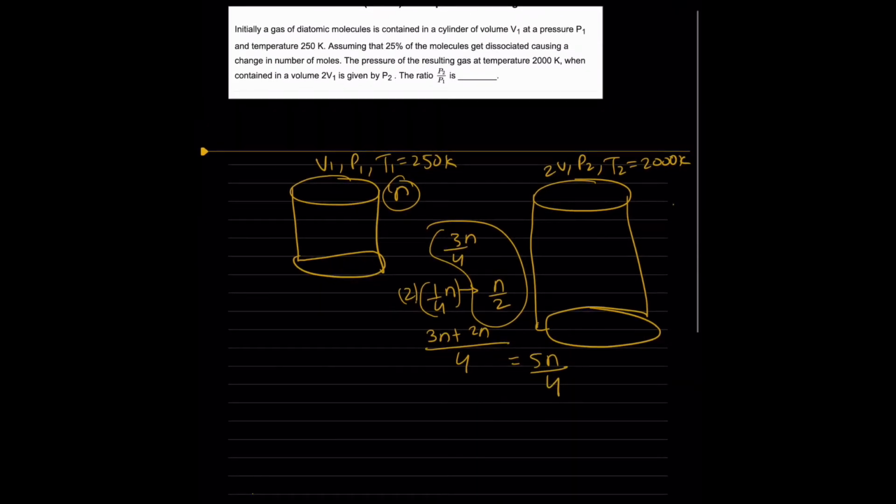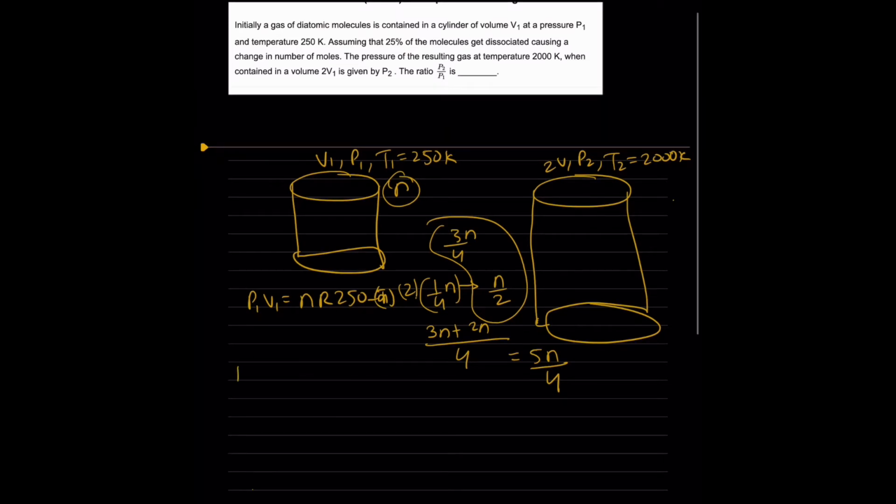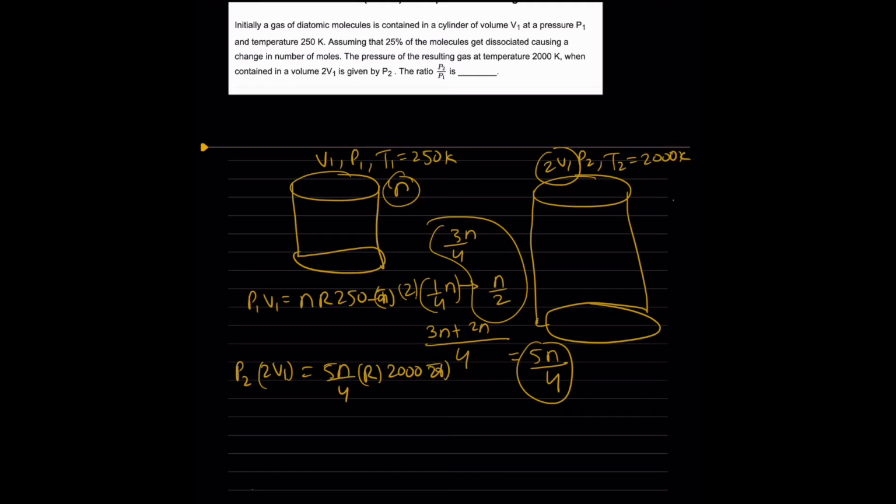In the first part, we can apply the very standard condition, P1 V1 is equal to nRT. So n is N, R is R, and T is 250 Kelvin. I can call this equation K. And in the second case, again the same formula. We have P2 and V2, which is nothing but twice V1, so I'll write twice V1, and the total number of moles because of dissociation is 5N upon 4. So n, R is R, and the temperature is 2000 Kelvin. Now you know actually what to do. We are supposed to find P2 upon P1. So what we can do is that we can do what?